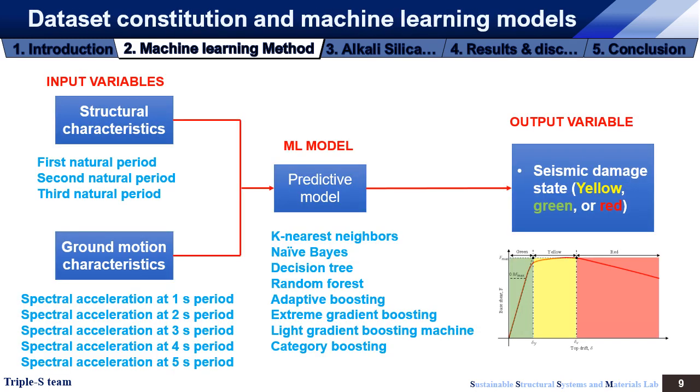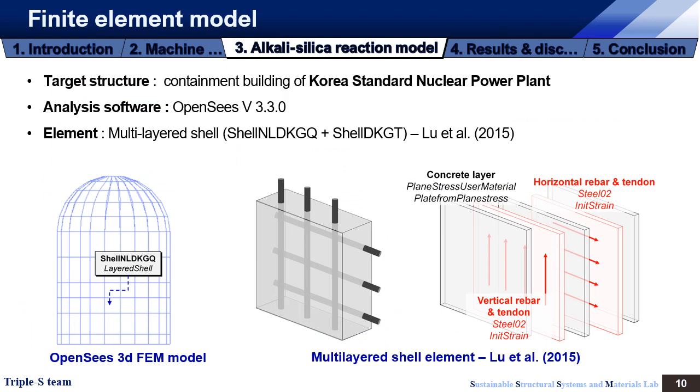After considering the finite element model, input ground motions, and damage index, now we consider the machine learning methods. In total we're using 8 machine learning methods, and in chapter 4 we consider the results and discussions. The next chapter is about the